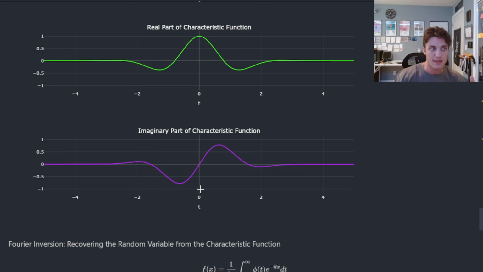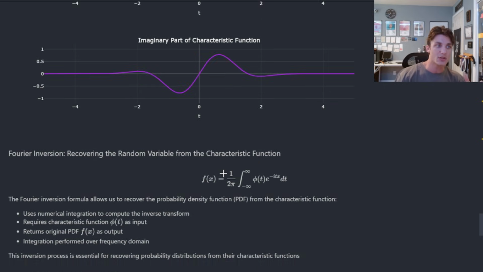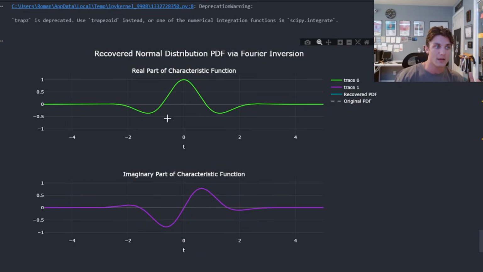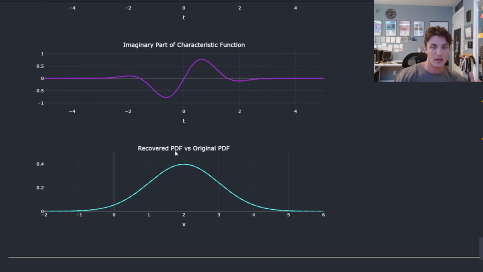This is the real part, this is the imaginary part. And then I just do the Fourier inversion. And I get back from the characteristic function the original PDF. So all we're doing in both of these cases, the cases of the Fourier transform and the characteristic function, is